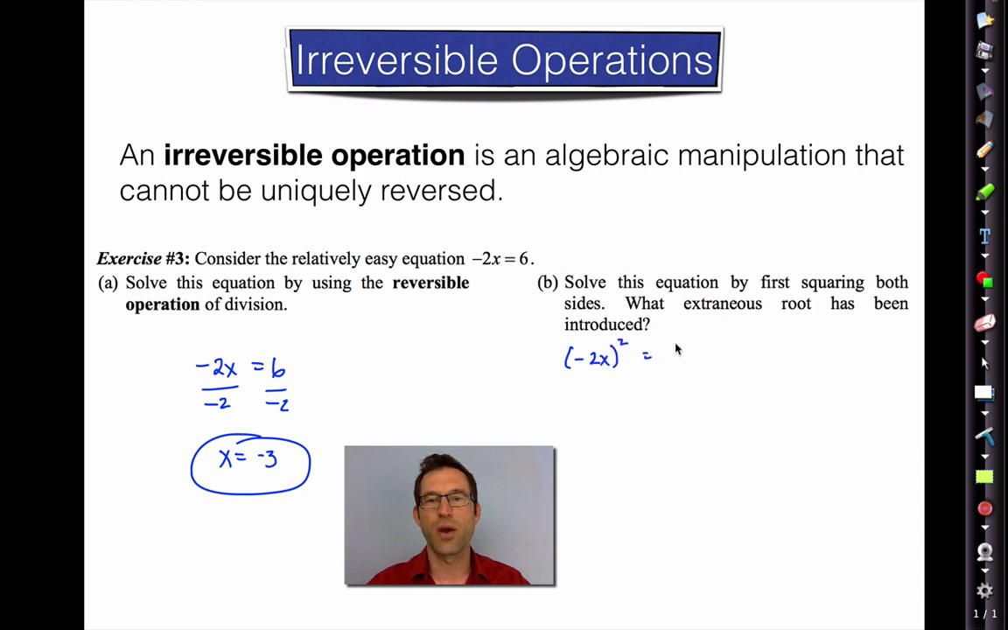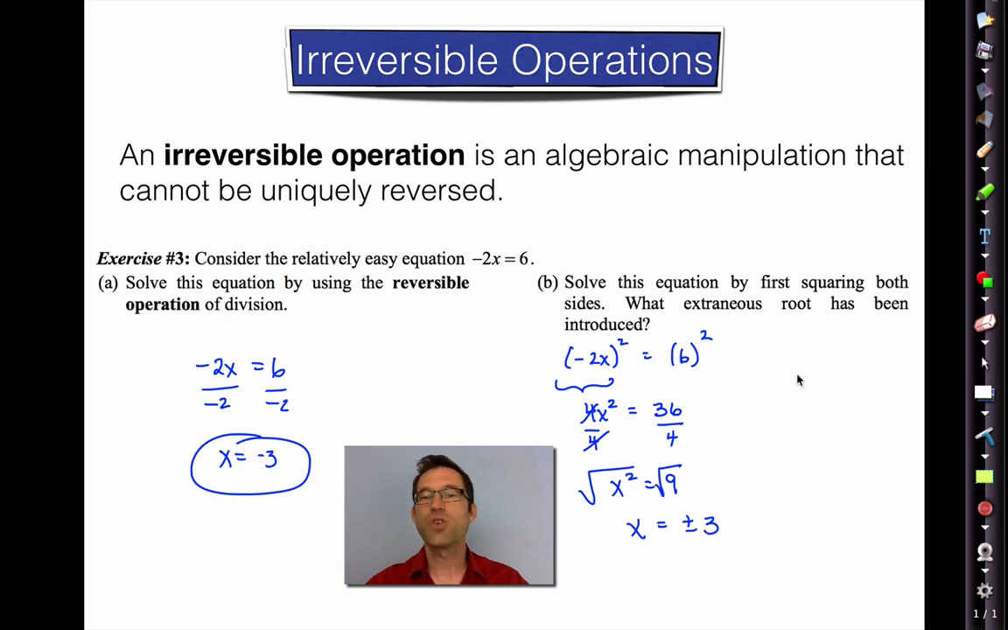Remember, I mentioned squaring is an irreversible process. Well, when I do negative 2x times negative 2x, I get 4x squared, and then here I get 36. Now let's solve this. Let's divide by 4 on both sides, and I get x squared equals 9. But then when I take the square root of both sides, I'm going to get plus or minus 3. So we just introduced an extraneous root